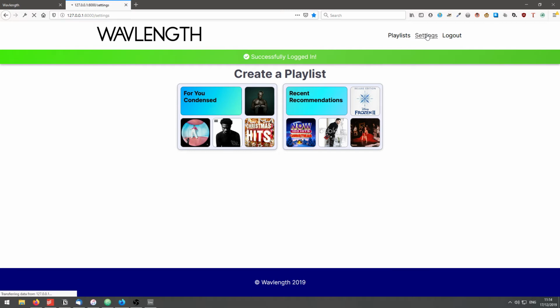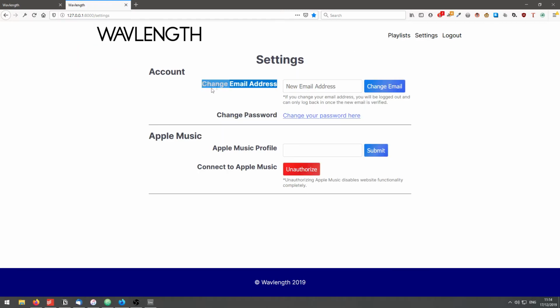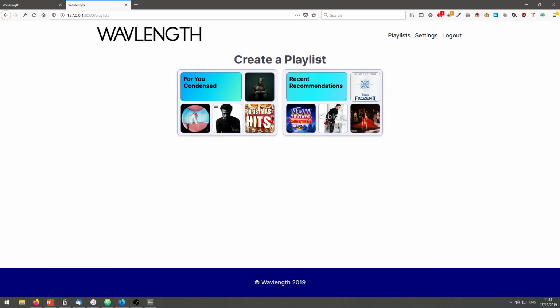On the settings, you can change your email address, change your password. The change your password is a built-in feature to Django. And just for the Apple Music, you can put in your profile name and you can unauthorize or reauthorize your Apple Music account. So if I go back and if I do For You Condensed,